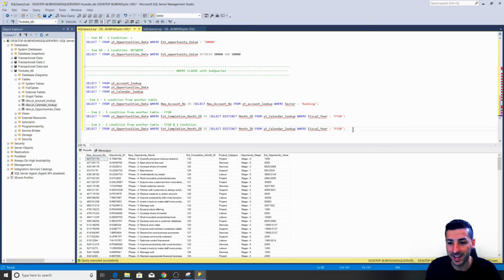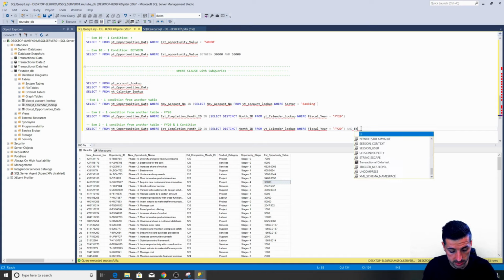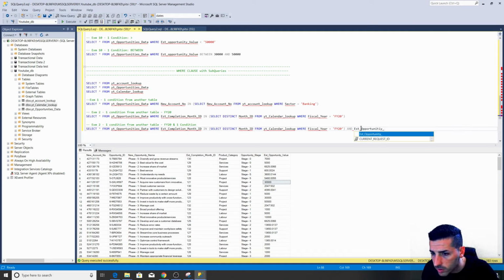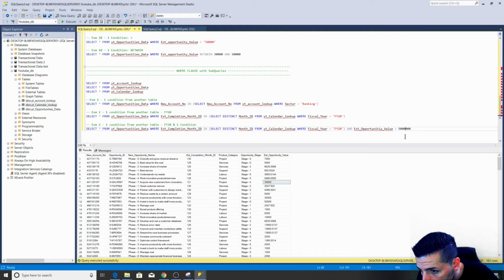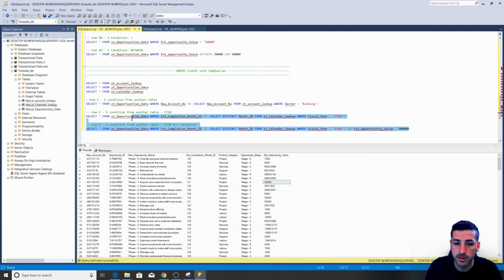And the next thing, so this is our first condition. So we said where estimated completion month ID is in this query, and I want to say and I want to select the values that are more than, let's say, 500,000. So only the big ones. So I can say estimated opportunity value is more than 500,000, isn't it? That's 5 million, 500,000. Right. So if I run this now,